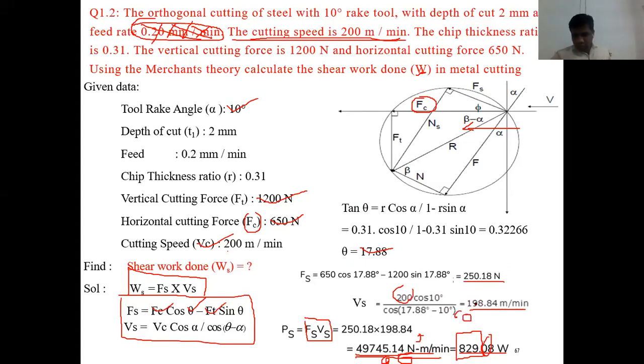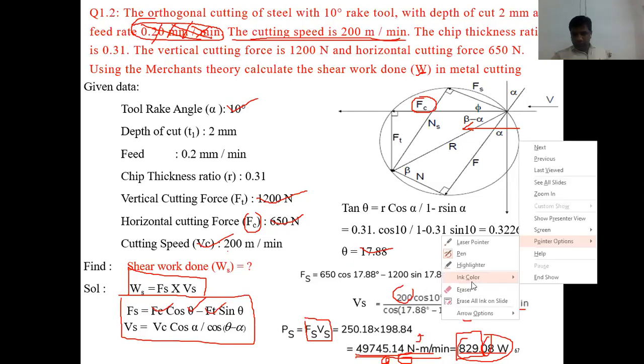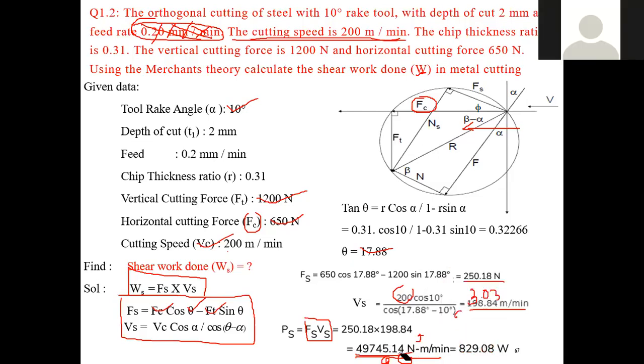So whatever values are coming, this is coming to about 3.03, something like that. If you get 3.3, that is meters per second. If you substitute that directly, you're going to get this value. So you can divide here by 60, or maybe divide here. Anywhere you can divide it, but your answer has to be in watts. Yes, by 60.